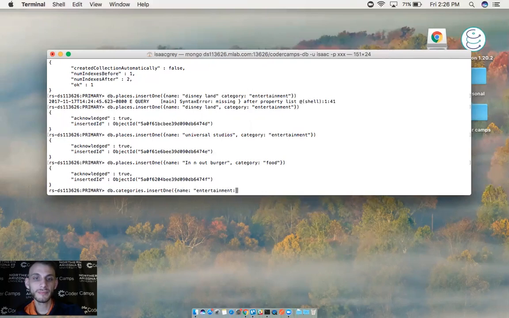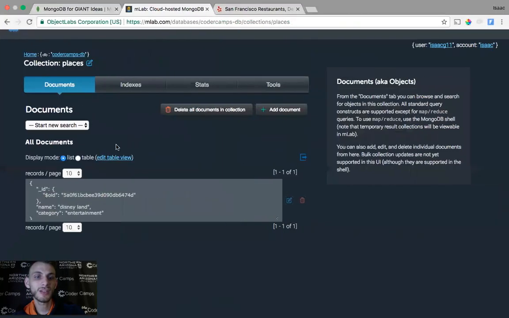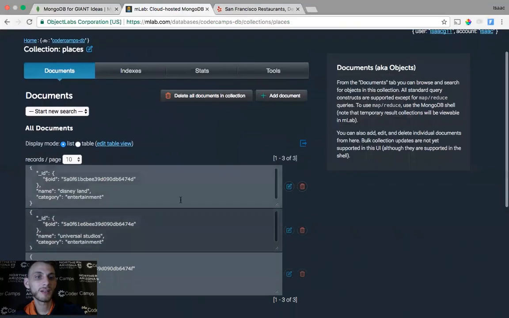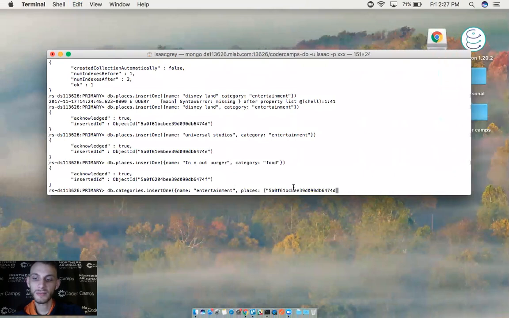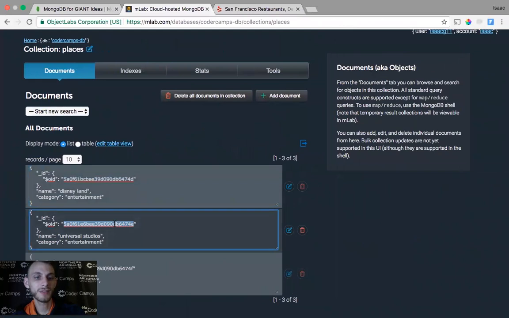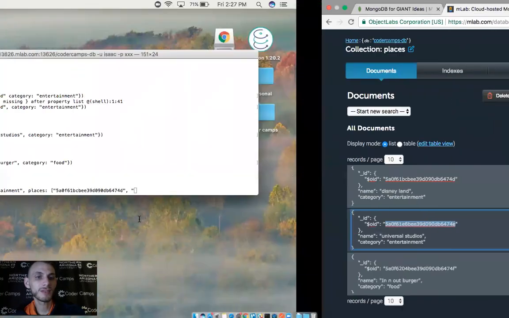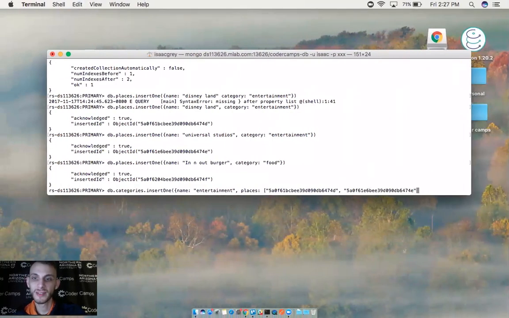The places associated with this category are going to be put in this array. We have the 3 IDs that got generated for our places. I'm going to take the Disneyland ID and place it in, separate it with a comma, and come back to the Universal Studios ID, because I know these are both entertainment, so they belong in the same array. We'll close my array